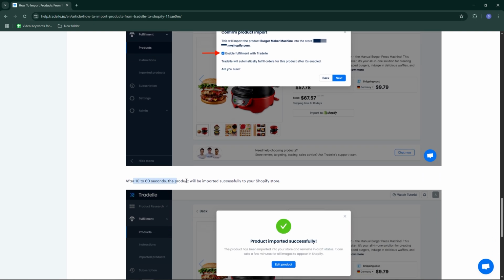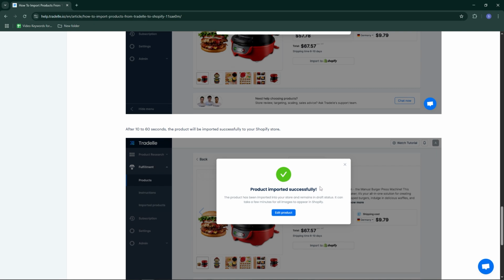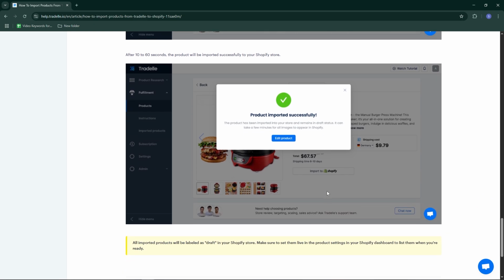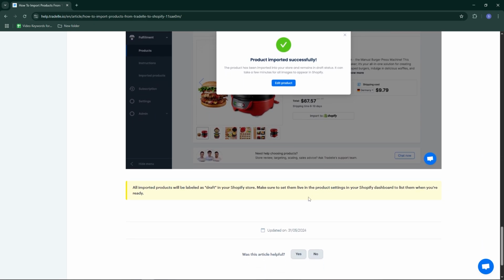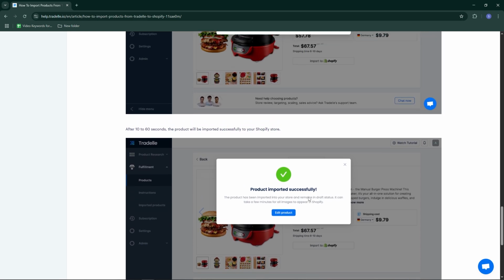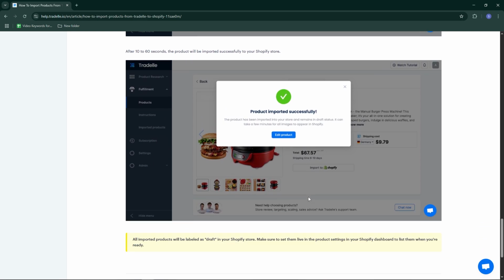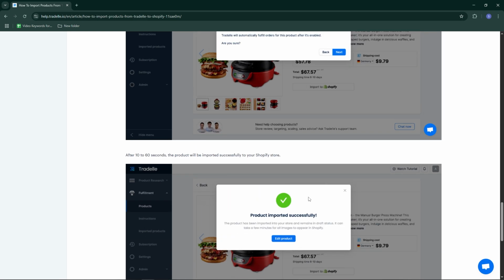After 10 to 60 seconds, the product will be successfully imported to your Shopify store. You will see a green check mark indicating that the import is complete. And that's it. We've just imported a product from Tradelle to Shopify in a few simple steps. This tool makes dropshipping fast,